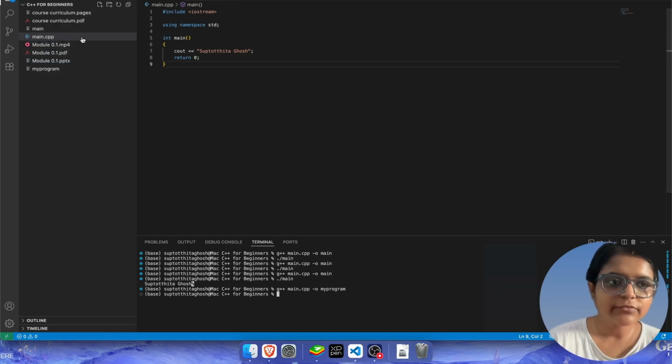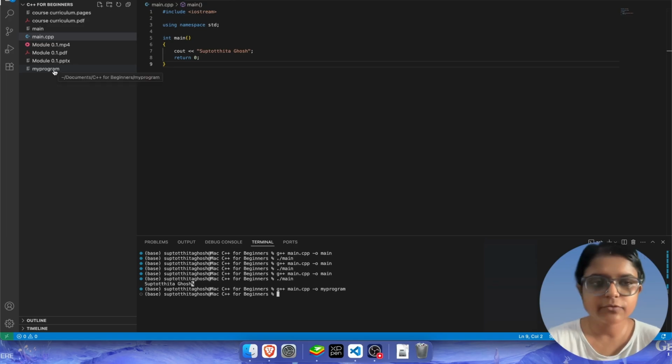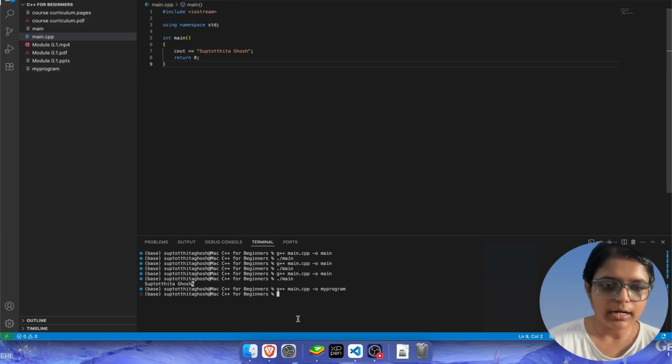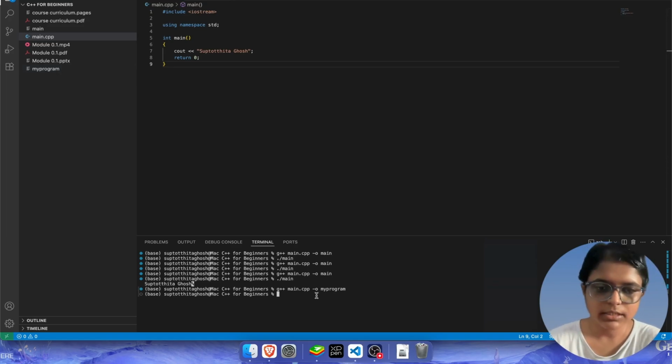So then we have this executable file created, be it main or be it my program, and the executable file is running on our computer. And this is run by the command .\main. You should remember that backslash is the correct one because it would not work if you are giving the single slash. Sorry, this is not backslash. I guess this is the single slash, right?